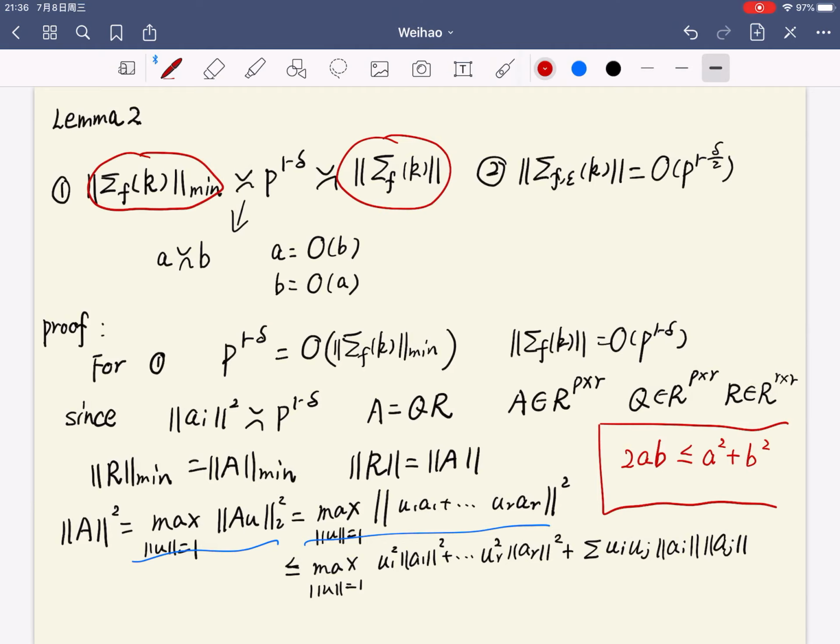We can have this long term is less than or equal to some constant which depends on r times p to the power 1 minus delta, where we use the assumption of the factor strength. So we have shown that the operator norm of A is big O